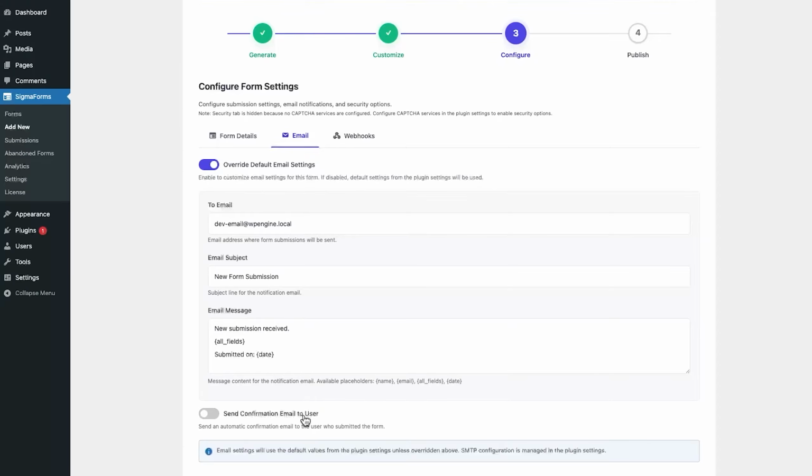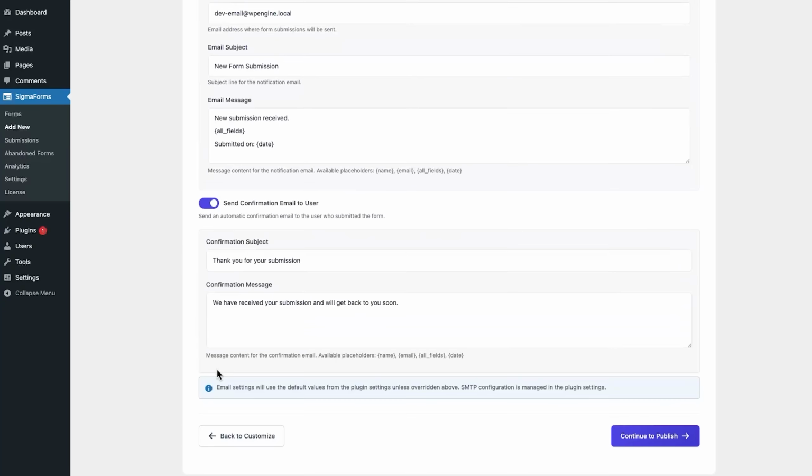You can also enable a confirmation email for visitors who fill out and submit the form. When activated, this sends an automatic acknowledgement message to the user, and you can tailor the subject and the content of that confirmation email. Keep in mind that these emails rely on the default SMTP configuration you set earlier within